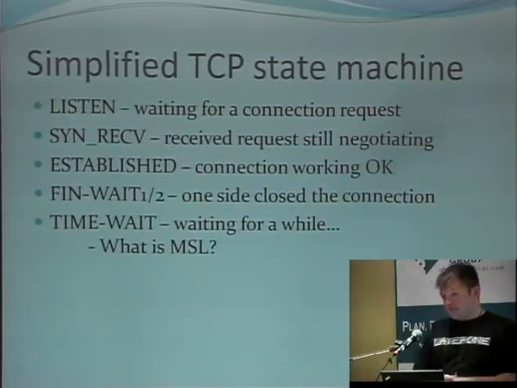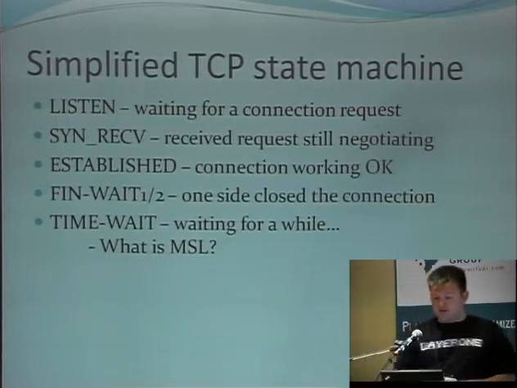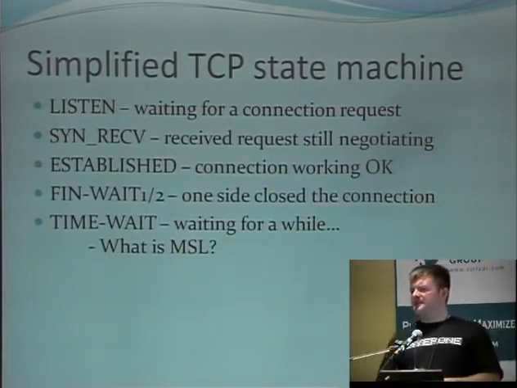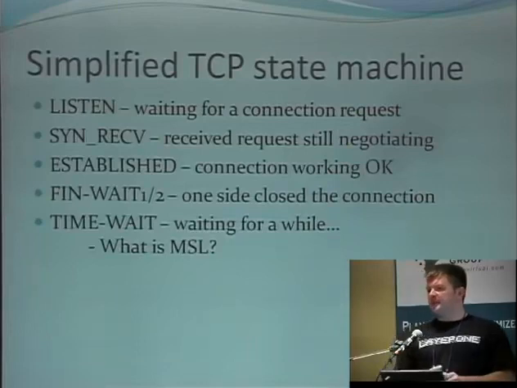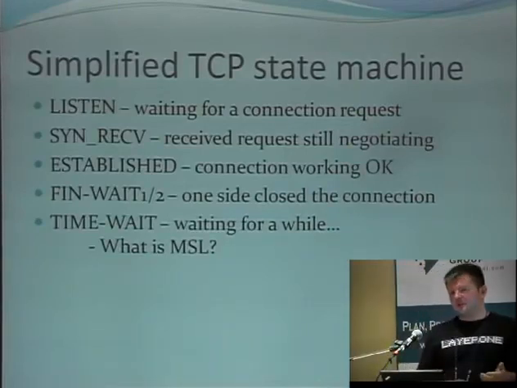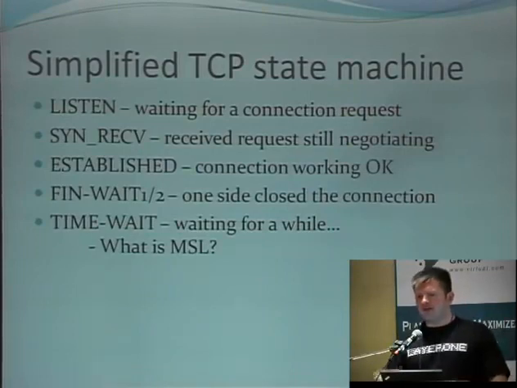And at that time, they were right. They set something called MSL. Do you know what MSL is? Maximum segment lifetime. So they set this constant to 30 seconds. And they said, okay, if we have a packet that we send from this host to this host, from this source port to this destination port,